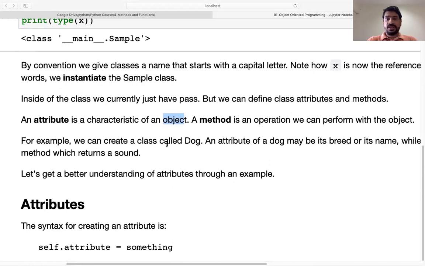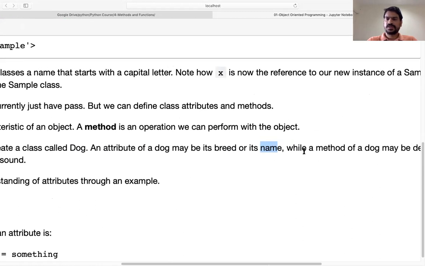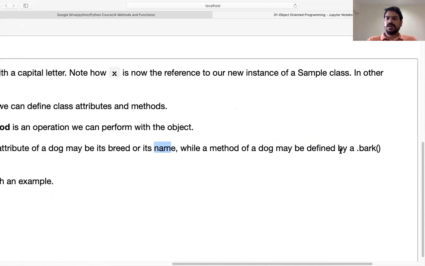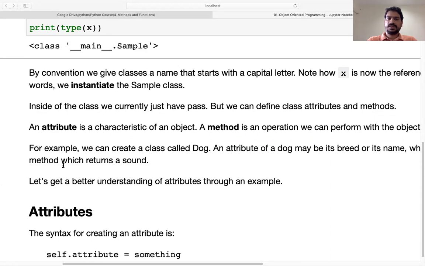For example, we can create a class Dog, and the attributes of the dog are its breed and its name. A method of a dog may be defined as bark. So bark is a method of that particular dog. Bark means a method which returns a sound.